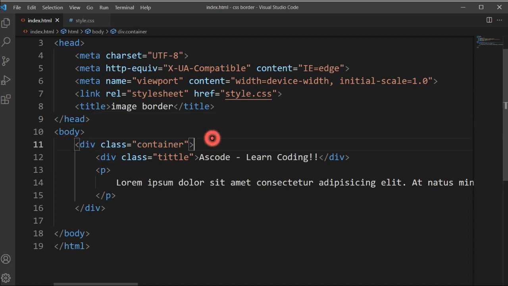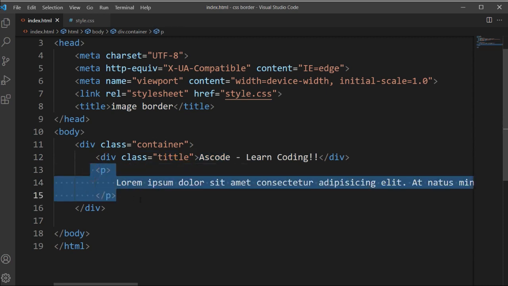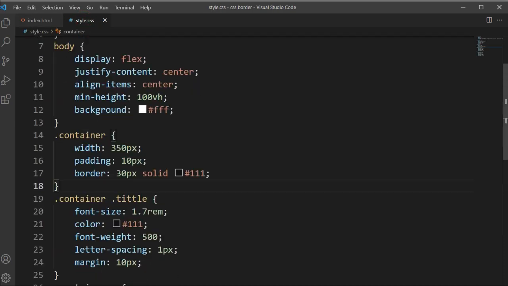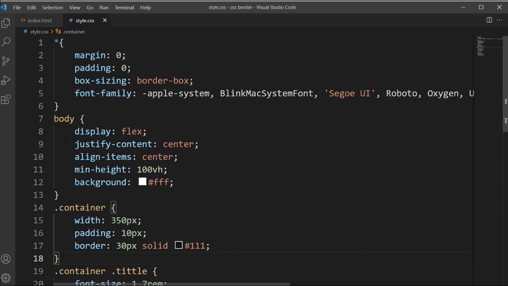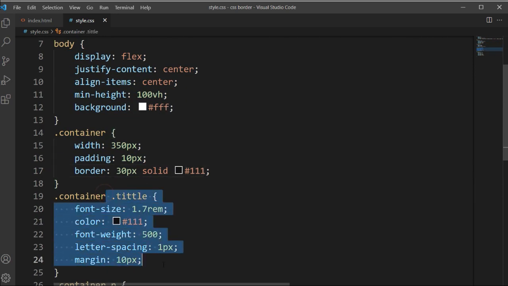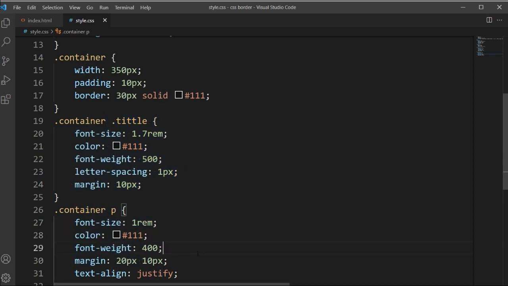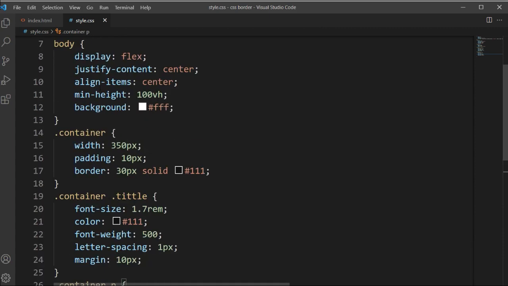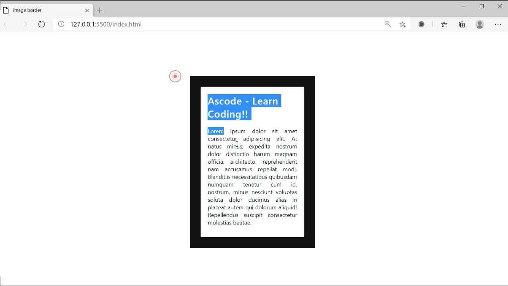You can see at the top is the container class, and inside this we have the title, and below this we have a description. We have added the p tag for the description. Here we have the basic CSS for the body, and we make all items go to the center, and here is our container, which is our main property, and there is the title property. We have written CSS for the title and for the description. For the container and p tags we have written basic CSS and made the card like this. So this is our basic card, and we have added a basic CSS border.